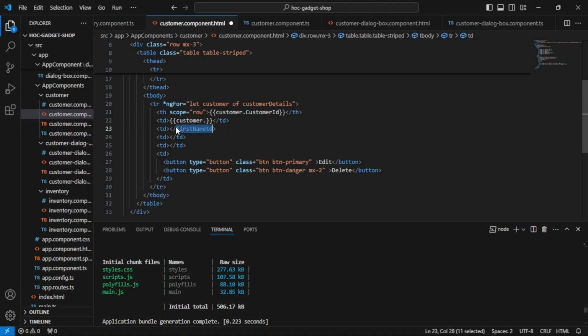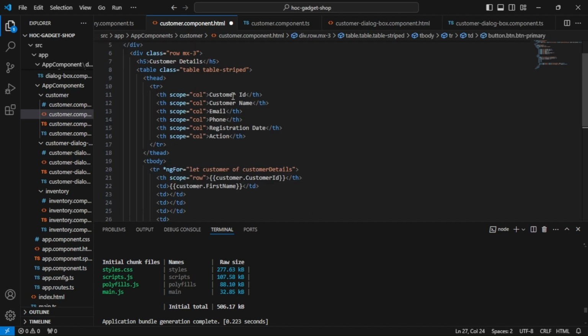This is what we need to bind. Customer ID, customer name. And now over here in the customer name, what we are doing is we are giving the first name and last name together, so as to just concatenate and show it on the screen. Email,